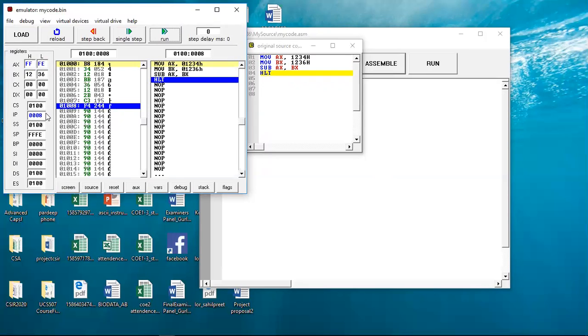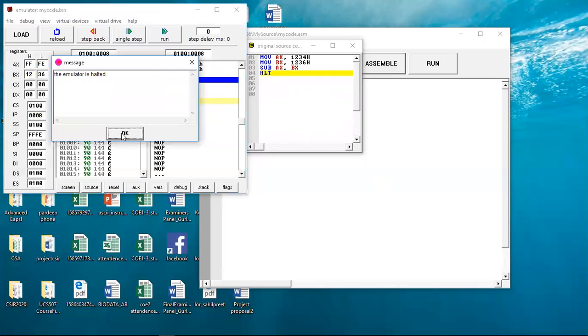This is your instruction pointer. This is your code segment, your data segment, and your extra segment. All have 0100. It is a default value. Some assemblers may take 0500, or 0005. It may be any; it depends on the assembler. Now in this case, this is the default value 0100. I can modify it. This is the first example which we have run. Then we have to go to the next example.